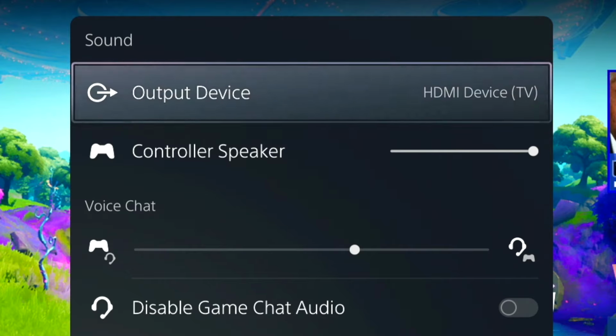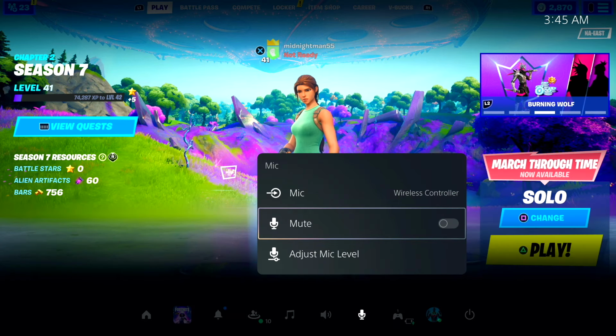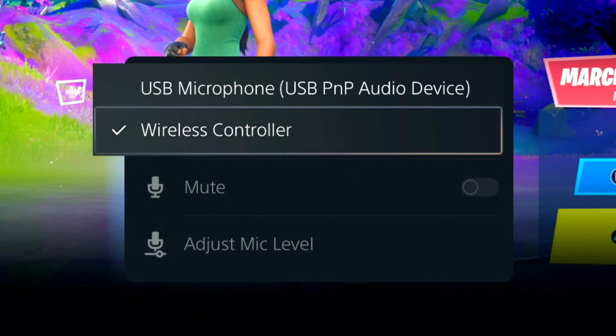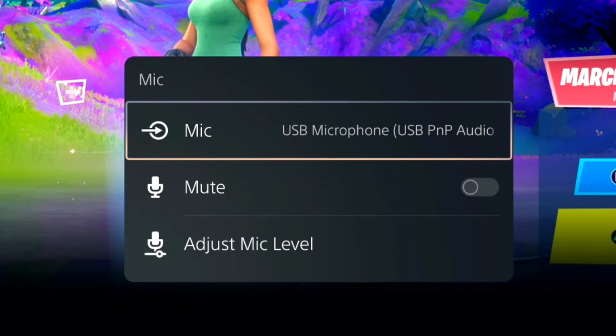Again, if you're actively in a party, you can adjust your voice chat dial depending on how loud or soft your gameplay audio is compared to the voice chat audio. Next, you want to head over to the microphone section and then make sure your microphone is set to the USB mic. You have to double check to make sure that USB mic is selected, because if it's not and